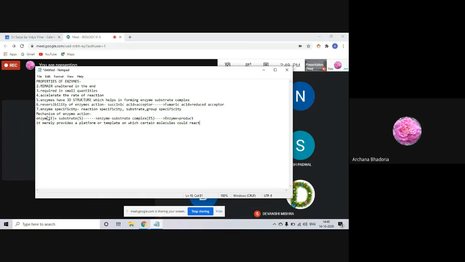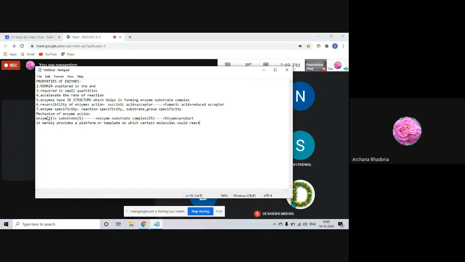to each other to react with each other, enzymes are providing them the platform where the two different molecules will come close to each other and carry out the reaction. And reaction, you all know what it means: one molecule gets converted into another. We have discussed in the beginning that one molecule is getting converted into another, which means there is some breakdown of bonds and then forming of other bonds.